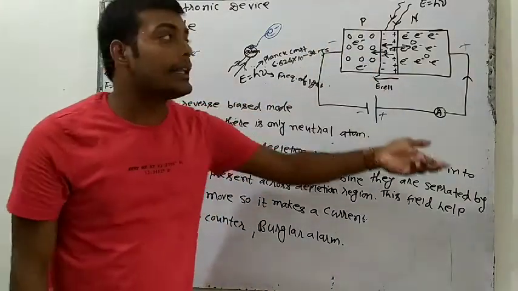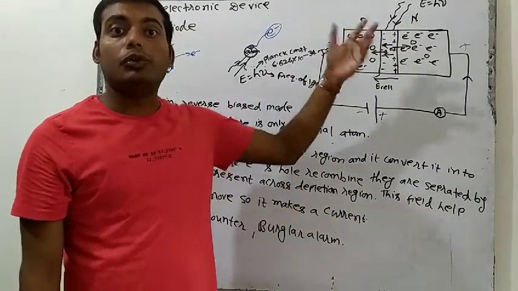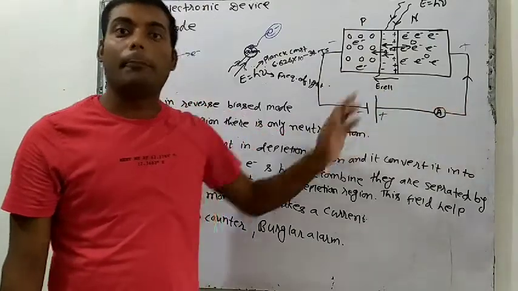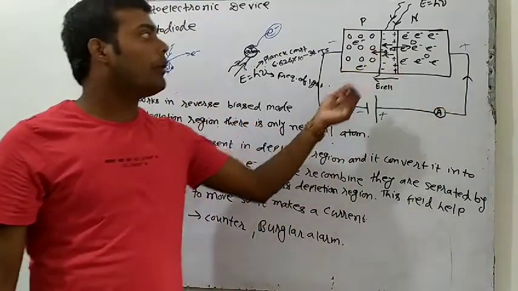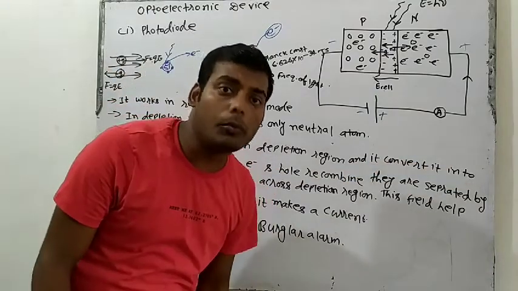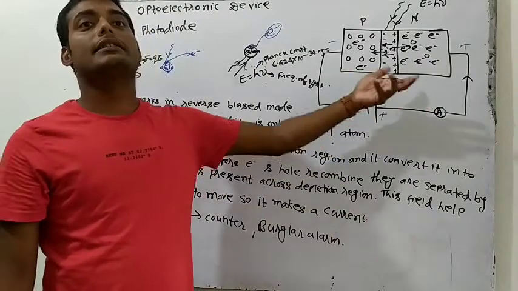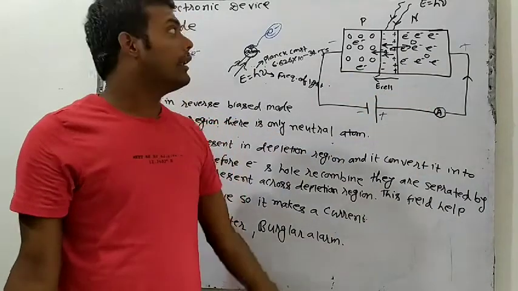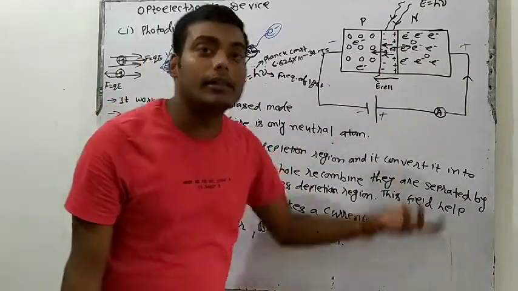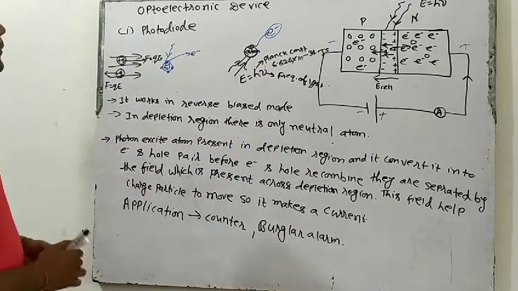So how is current generating? When in the input I am giving light. Due to this light, electron will be free, and when the electron will be free, this electric field due to the cell will help the electron to move, and when electron will move, a current will be generated, and this is our expectation, that I will give light and we want current. This is photodiode, right? So it works in reverse bias mode.